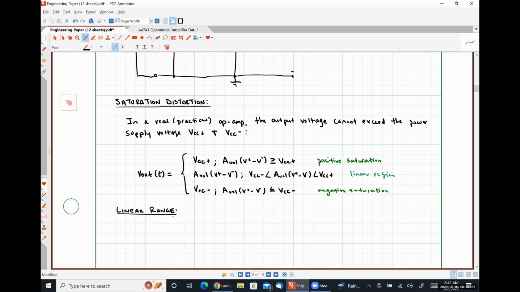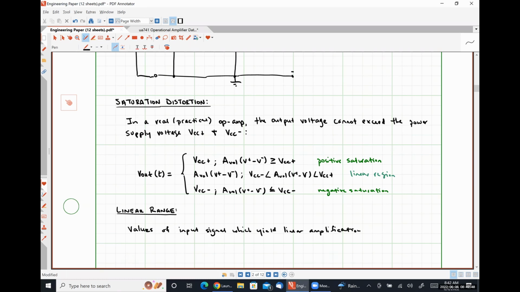So the linear range is simply values of our input signal which yield linear amplification,